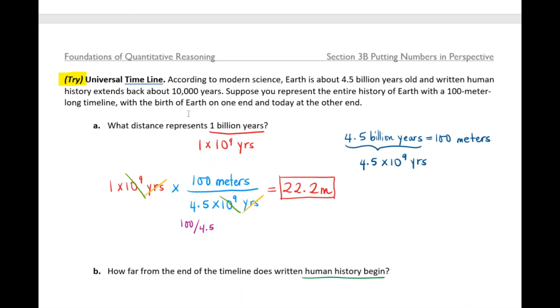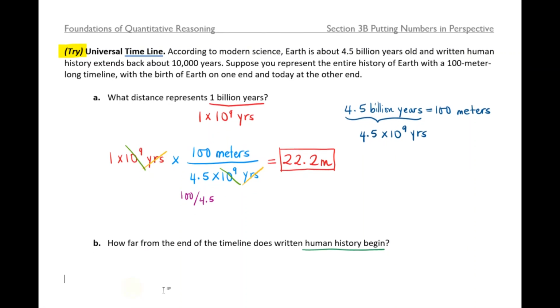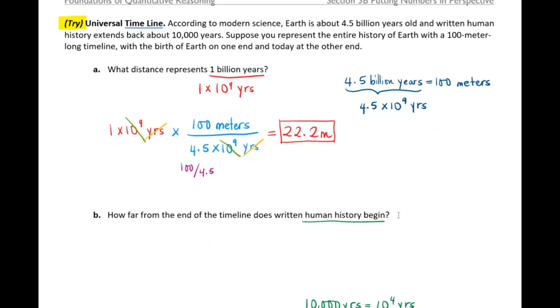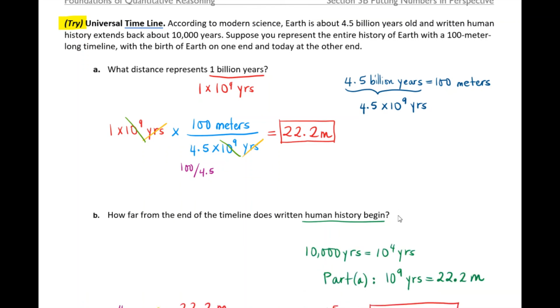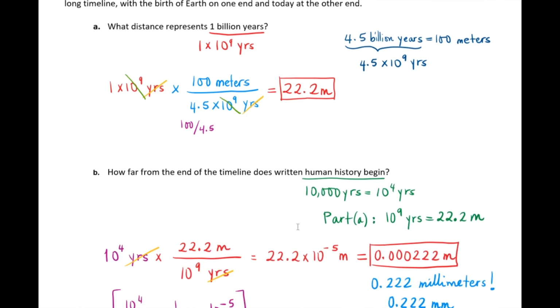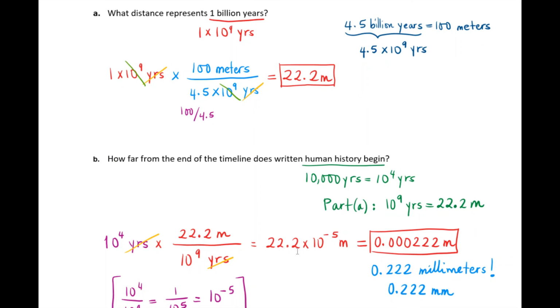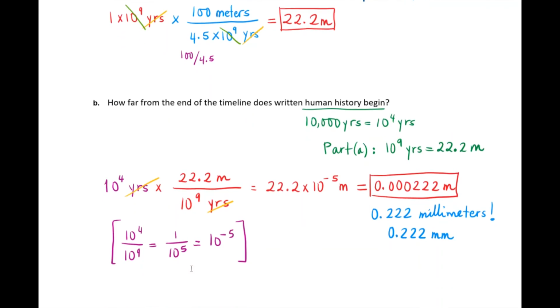So yeah, 10,000 years is 10 to the 4. So instead of 10 to the 9 here, you're going to replace this by 10 to the 4. That will give you an interesting observation. It will give you 22.2 times 10 to the negative 5, because you have 10 to the 4 over 10 to the 9, which is 10 to the negative 5. So that will be only 0.22 millimeters. It's that small if you look at the whole history of